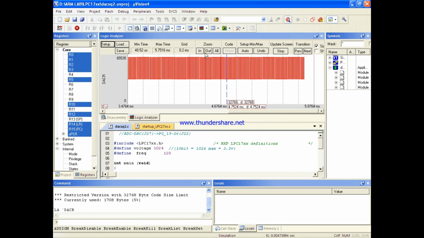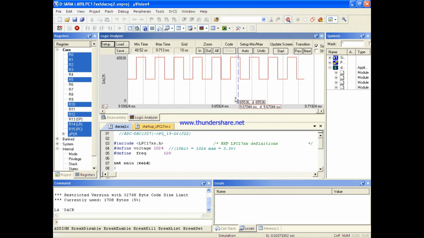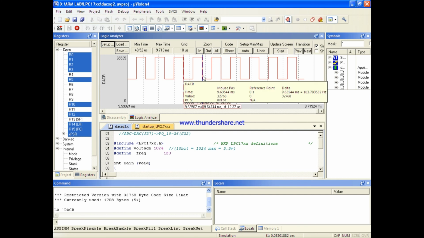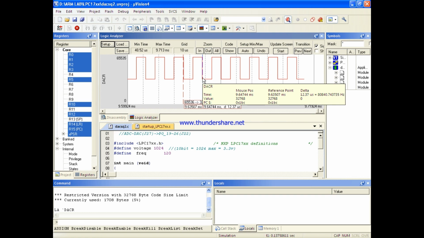This is the output. If you want, you can stop this and observe the frequency, measure the time period. It will give you the frequency also. So I'll just click on this, then if you come to this end, you can observe that the frequency is around 83 kilohertz. This gives you the time period. You can observe there the time period and the frequency is measured.